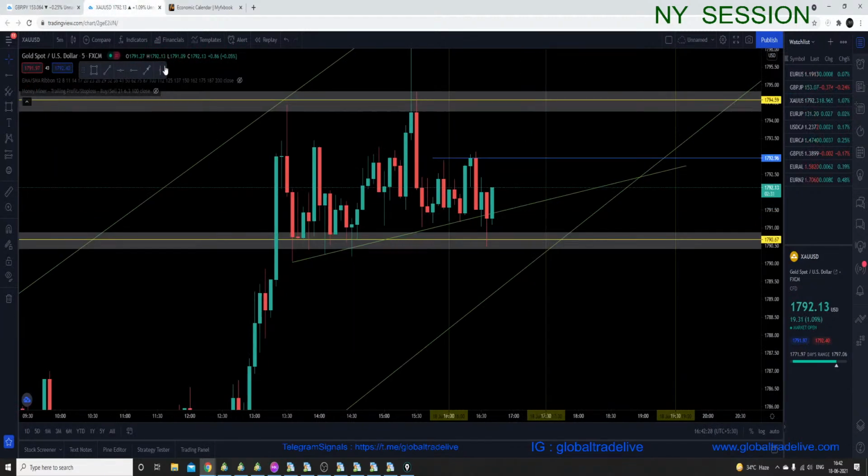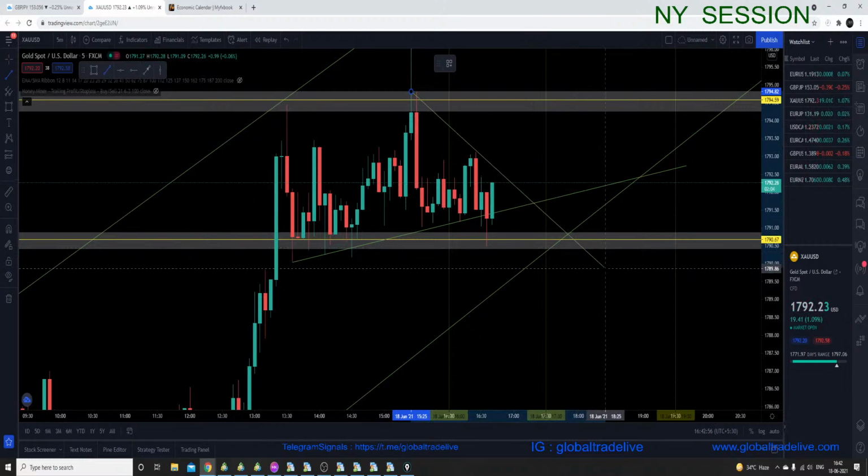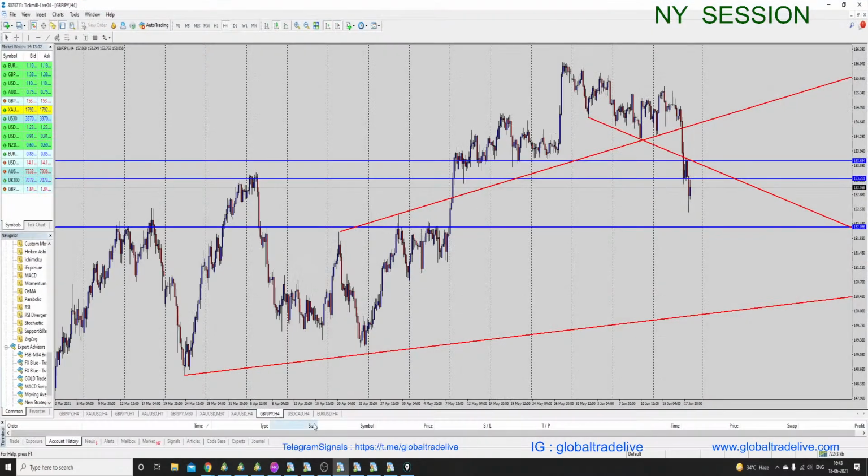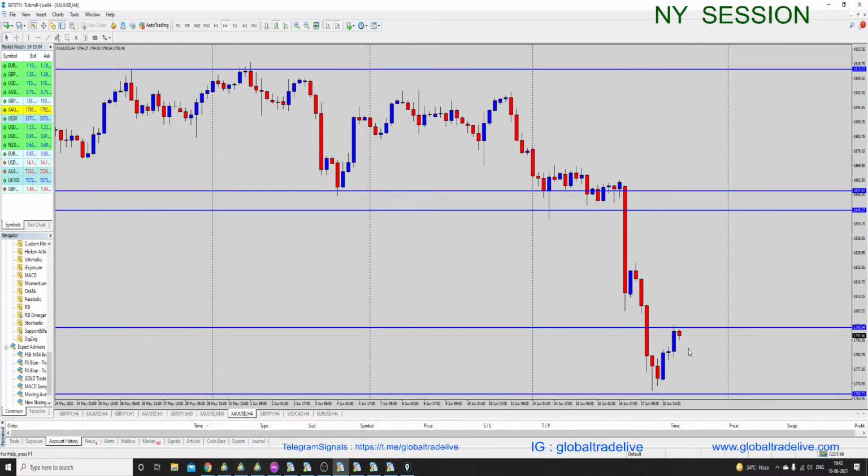Let's see gold. Gold, oh god, look, this candle closed bearish and closed below this trend line, and the current candle didn't break this low and just went up. So now it can create this fake out, and I think it can go up. Let's see what the 4-hour candle is saying here in gold. Yeah, 4-hour is,